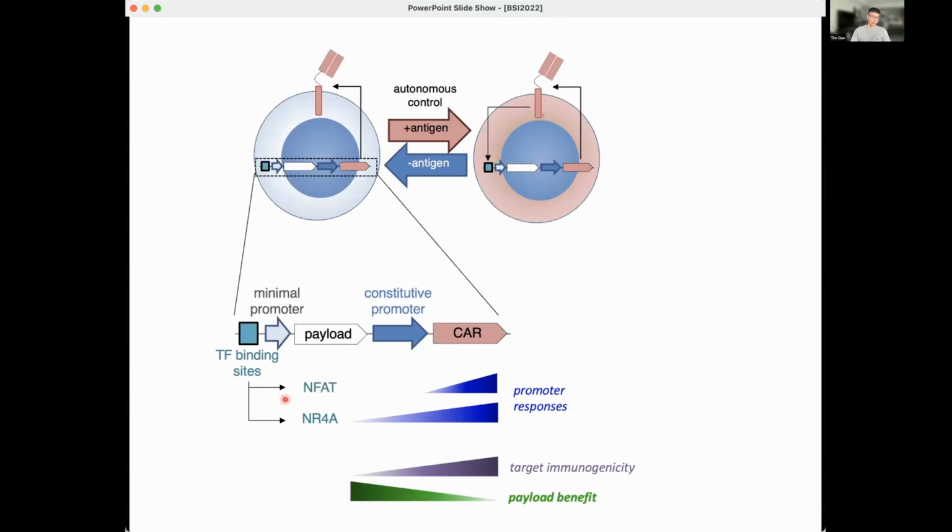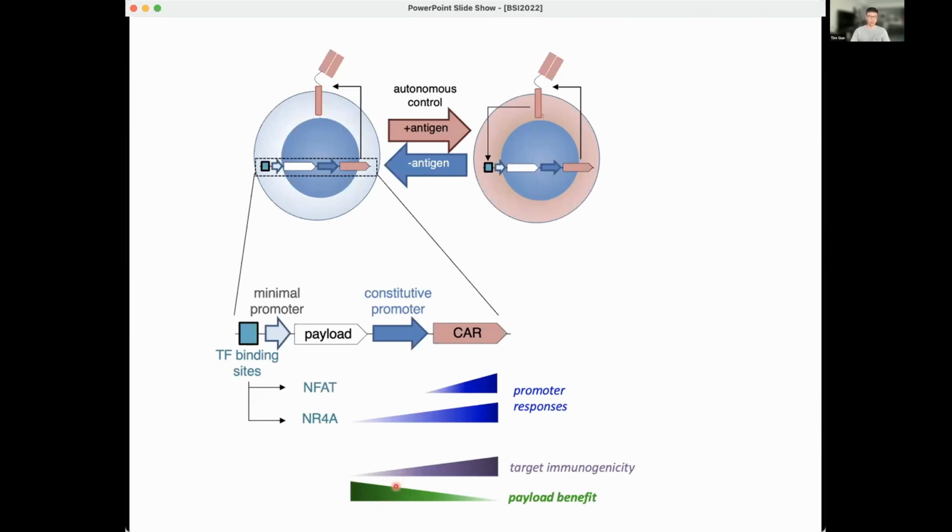And the key takeaway here is that we have identified a new antigen-induced promoter based on NR4A response elements, which seems to have better promoter responses compared to the conventional NFAT at levels where the immunogenicity is low, when it's weakly stimulatory. And that's very important because this is precisely the context where you need to deliver payload. It is under these weak stimulatory contexts you need to enhance response, and that can see the true benefit of